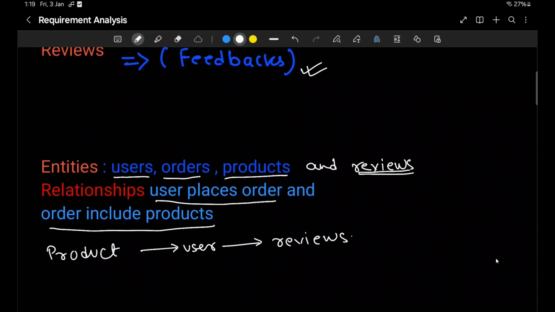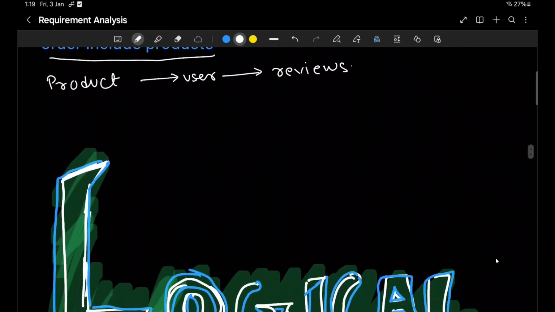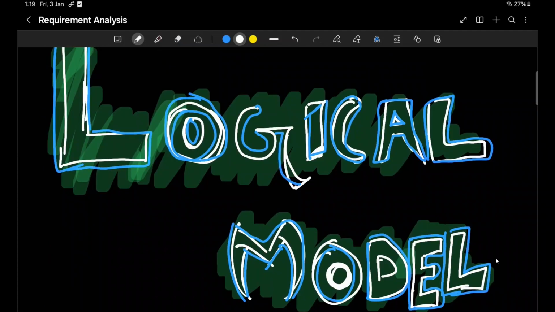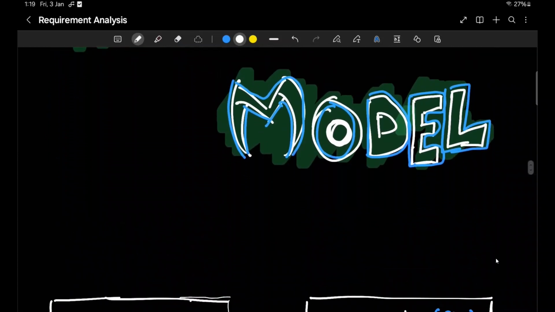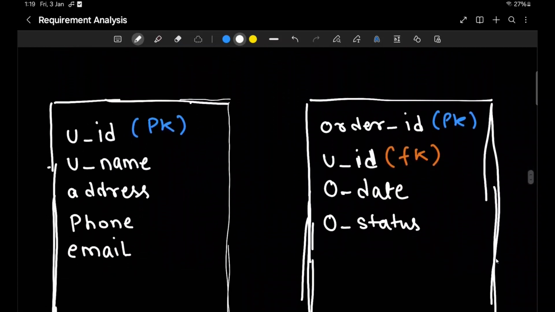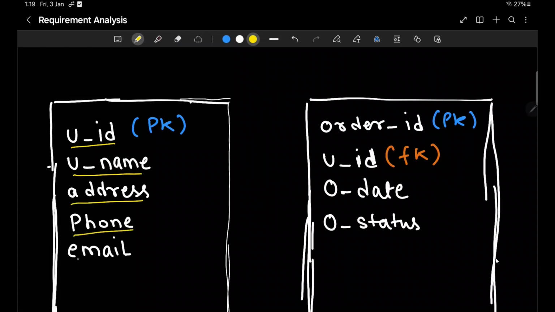Once the conceptual model is clear, we move on to the logical model. Here we define attributes for each entity and establish cardinalities. So for the user entity, the attribute would look like user ID, username, address, phone, email.